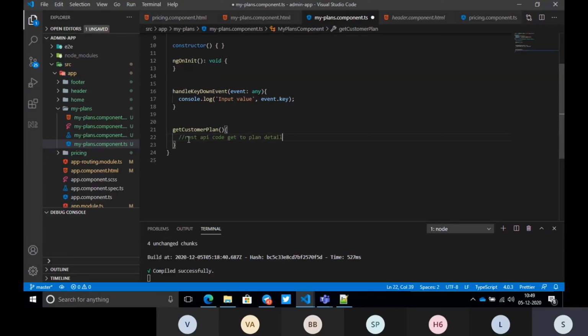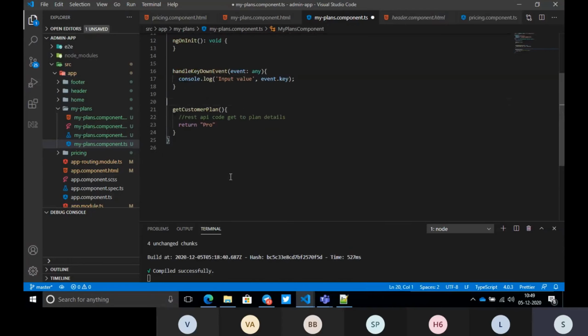Since we don't know how to write the REST API details, I'm just returning: he's using pro plan. So we are ready with our REST API code. Think of this piece of code as returning from the server, and we want to display this information in the UI.